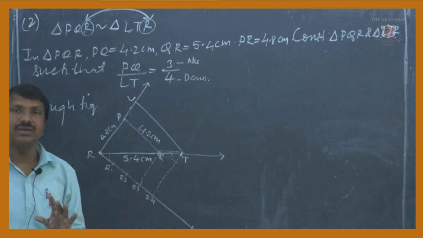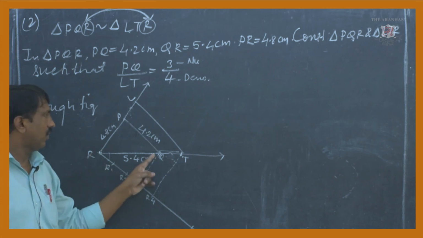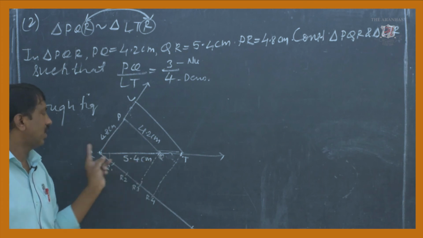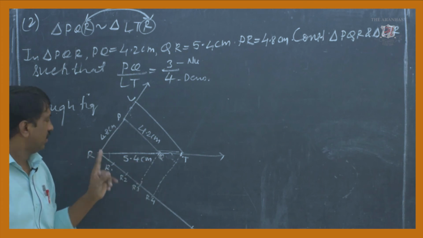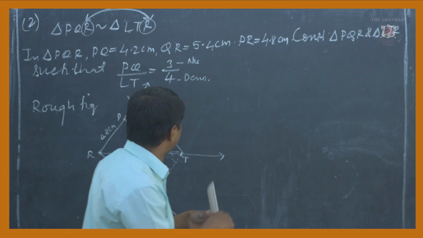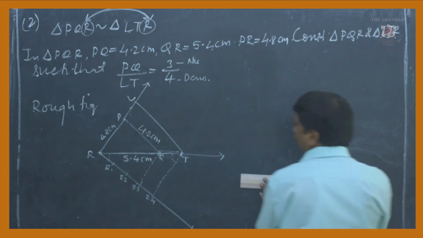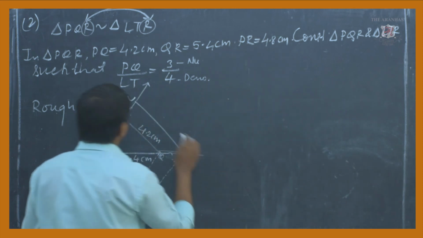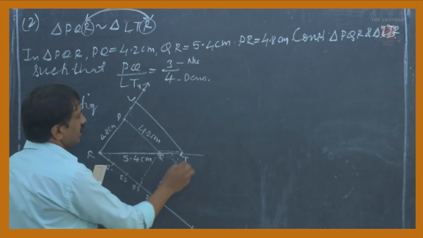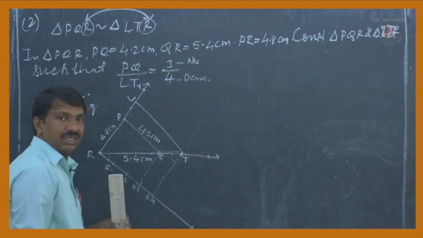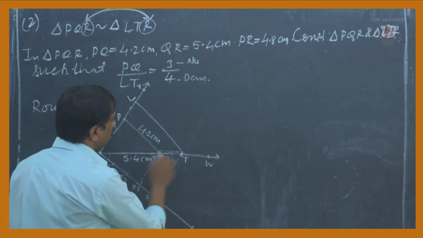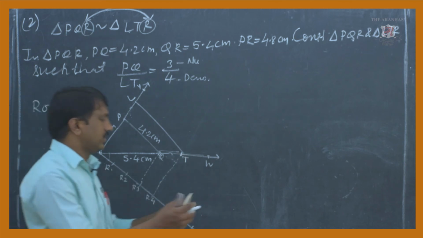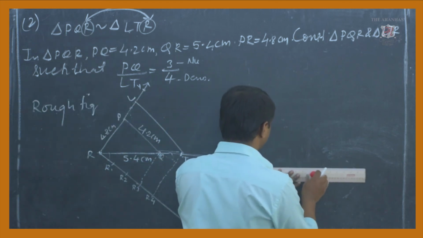Now how to draw the diagram? Simple thing, we'll just follow. First, you have to construct the given triangle PQR with the given measurements. In it you will see the base of the triangle here. This is the rough figure. On it you have to take any point. When we extend here, you can take another point, maybe RW was taken, and on it we take this one. So draw one ray here, that will be better.